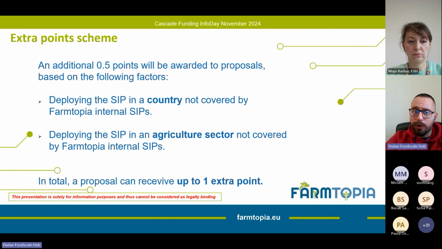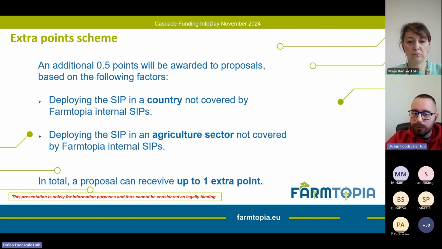We also have an extra point scheme in Farmtopia that is reserved for pilots that are deploying their service, their pilot, in a country that is not covered by Farmtopia internal SIPs, and in an agriculture sector that is not already covered by the Fundtopia internal SIPs.